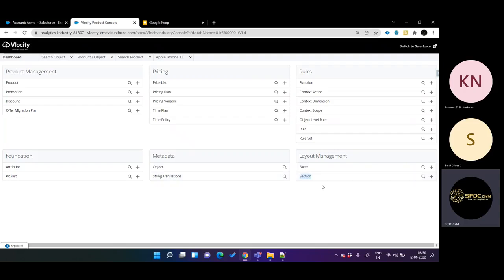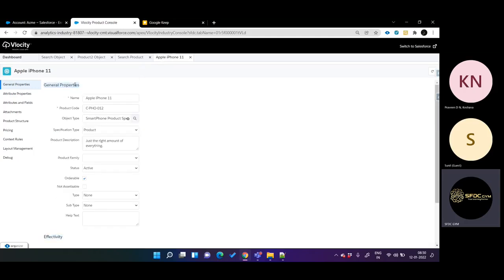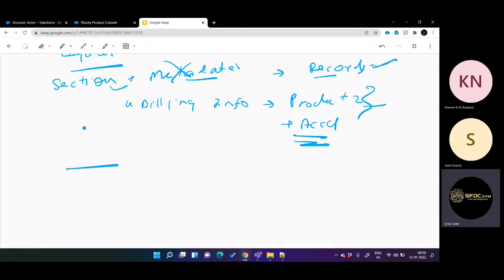That means whatever name you're seeing here, like general properties, when we create our own product, we will use an already built section. But that doesn't mean that when we use general properties, all those fields will automatically come under it. No, only this record will be used. We'll discuss it. Okay. Next thing is